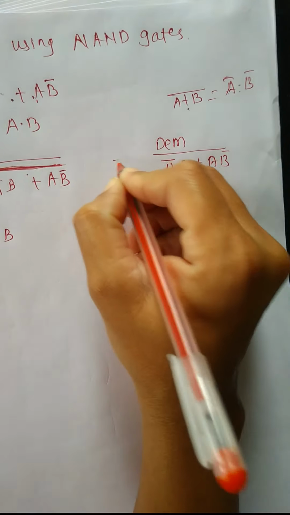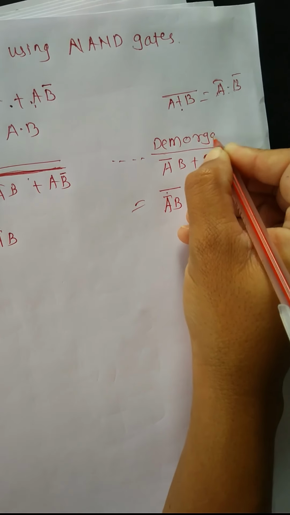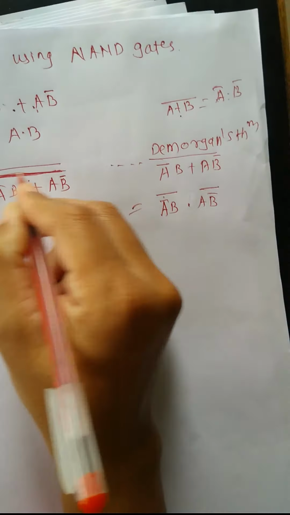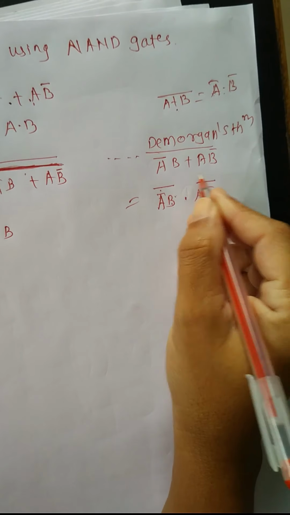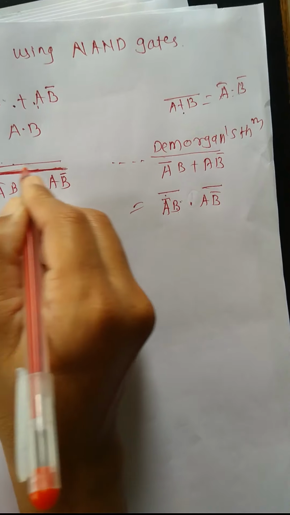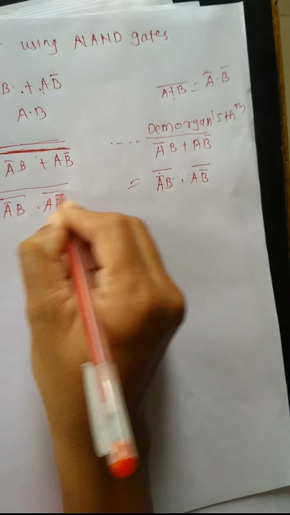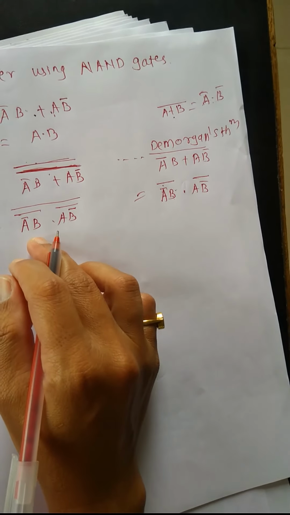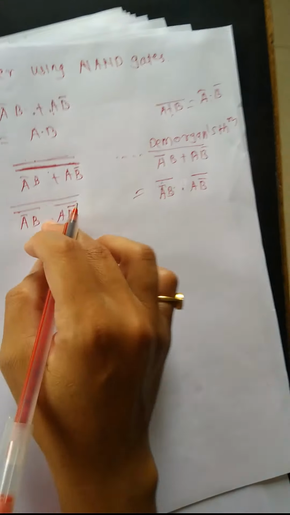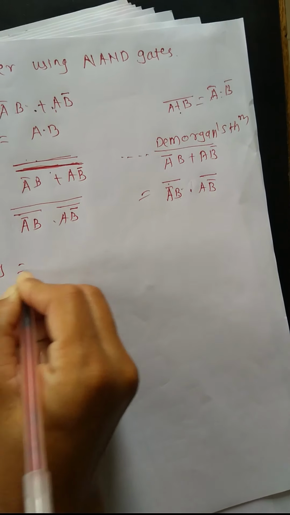By De Morgan's theorem, this equation for the single bar is split out, and that term is A bar B bar, A B bar bar. So this equation is A into A B bar, and this one bar is here. So we take the complete bar. With De Morgan's theorem applied, this equation is in the form of a NAND equation. So that is the half adder using NAND gate only, and carry is A B.